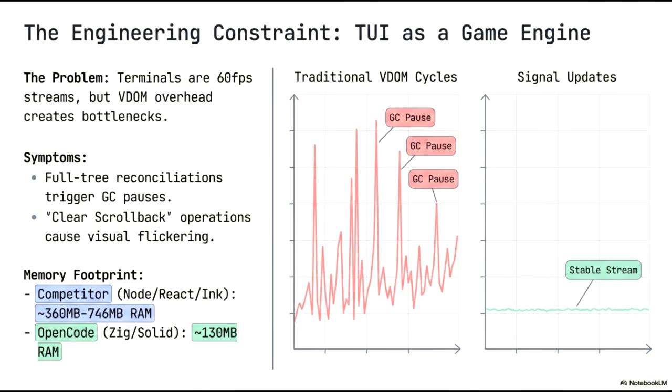Looking at the performance comparison, the graph for traditional VDOM cycles shows high variability and frequent GC pauses. This is typical of a competitor stack using Node, React, and Ink, which demands a memory footprint between 360 and 746 megabytes of RAM. In contrast, the approach used by OpenCode, leveraging Zig and Solid, utilizes signal updates. This produces a stable stream with minimal overhead, as shown in the second graph. This efficiency translates to a much lower memory footprint of approximately 130 megabytes, ensuring smooth performance even under high-frequency update